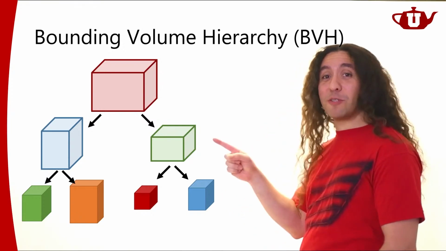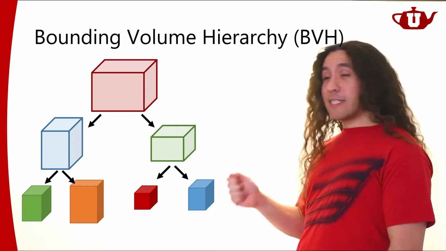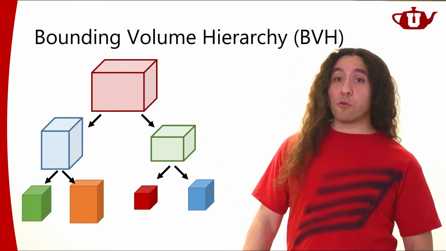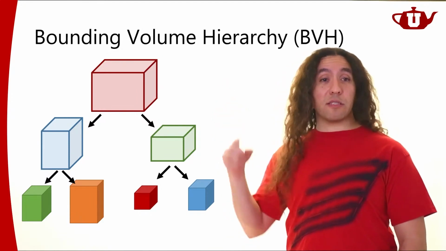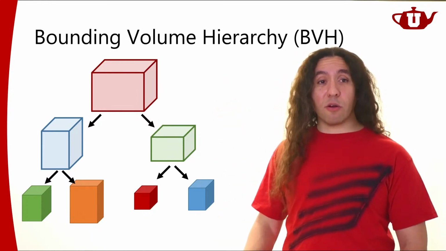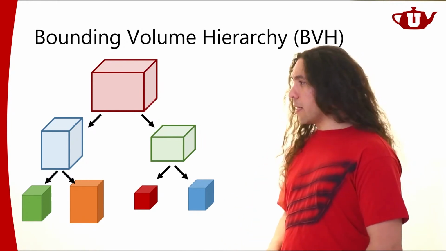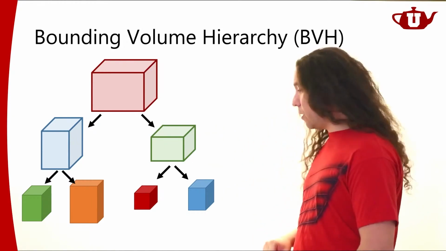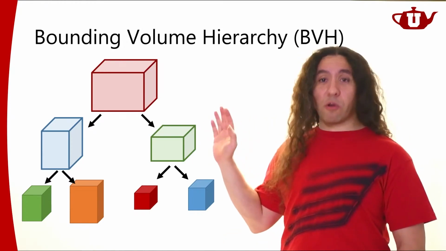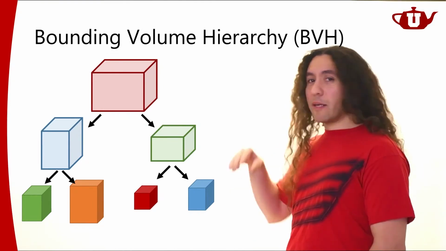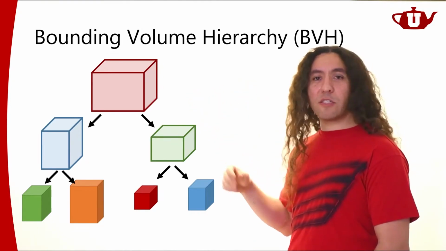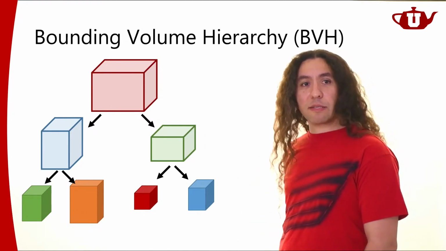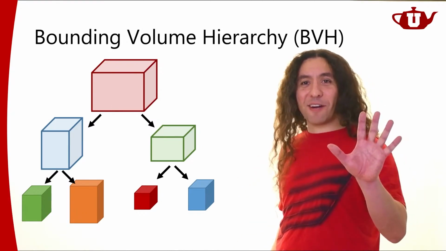All right, so this is where I'm going to end this conversation. As I said, there are different data structures. Actually, last year, my students and I proposed an alternative data structure to BBHs that performs faster than BBHs, and also takes up less memory. And this year we talked about how to implement this in hardware, so it really outperforms any kind of BBH. So there's still research going on in this topic, is what I'm trying to tell you. And there are different data structures that are not necessarily BBHs, but BBHs are today the most popular data structures used for accelerating ray tracing. All right, that's where I'm ending this conversation.